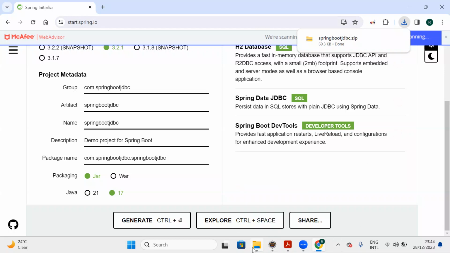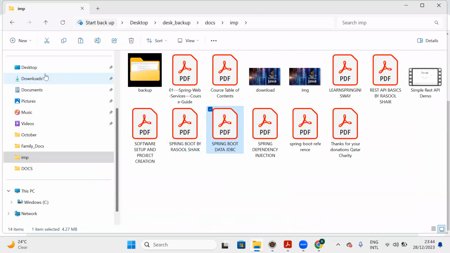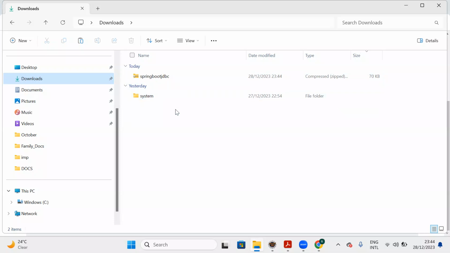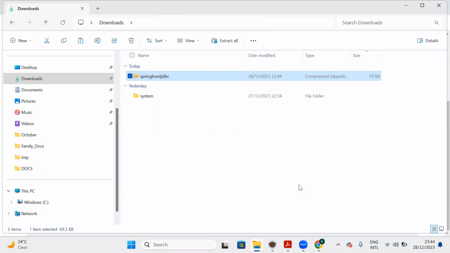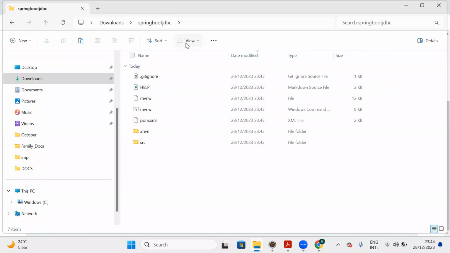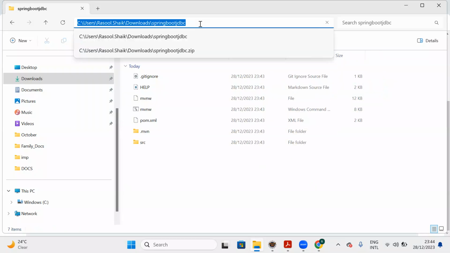So go to downloads folder. So you can see the zip file is downloaded successfully. Let me extract that zip file. Now let me copy the project root directory, copy the path,